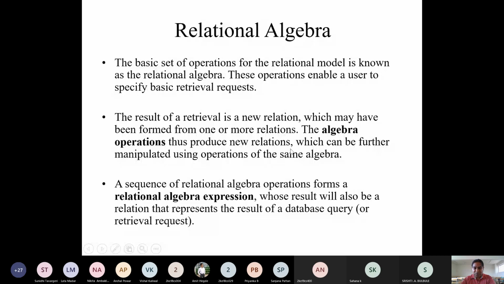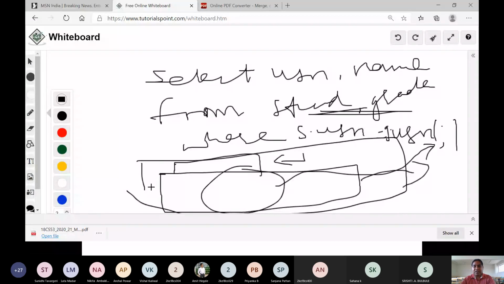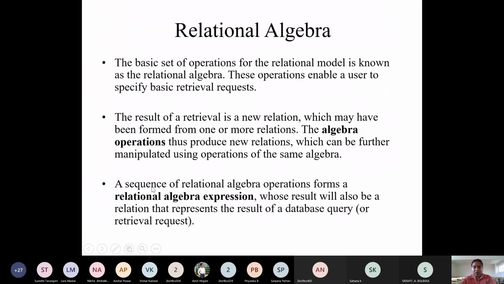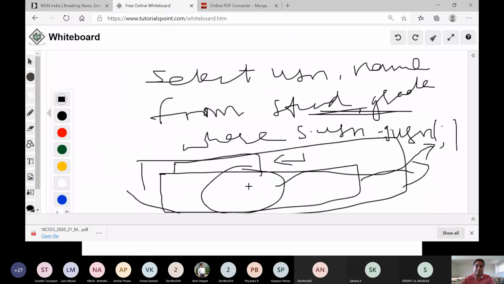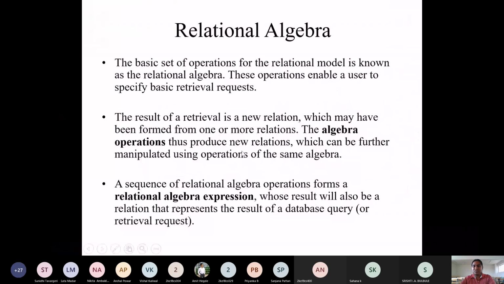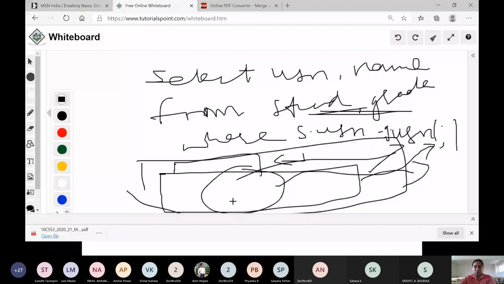This new relation may be manipulated by further relational algebra operations. So the sequence of relational algebra operations forms a relational algebra expression. What we try to do is in the form of some expression.